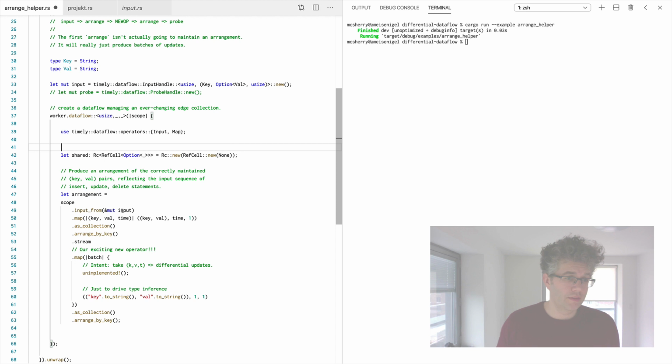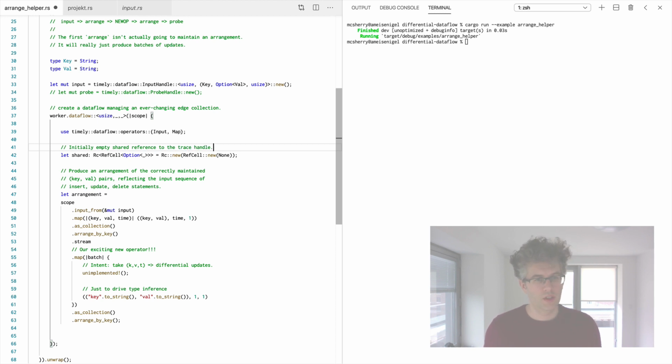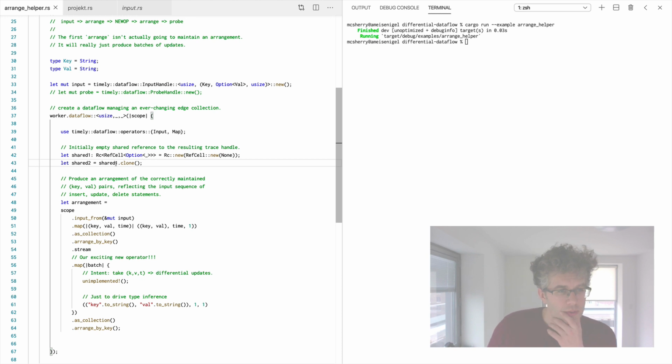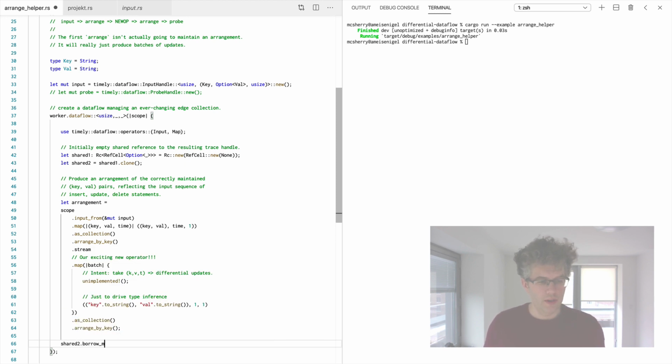It's actually going to be the trace handle that we're going to put in there, but figuring out the type for that is sort of annoying. So we're going to want actually a batch down here to more or less share. We'll have 2 copies of it. We're going to have 2 copies of this. One of them is going to be kept by the scope and populated at the end of this statement down here, which is going to be, I guess, let's say shared 2.borrow_mut